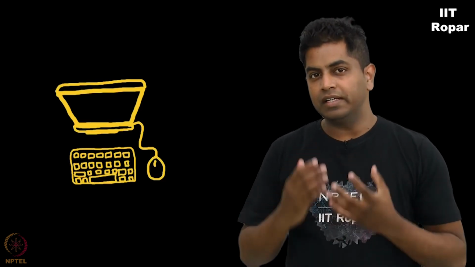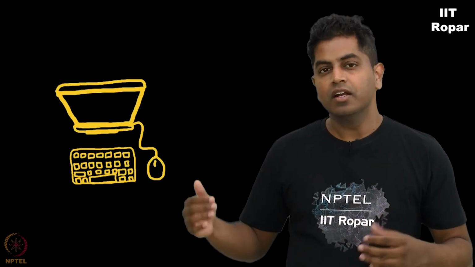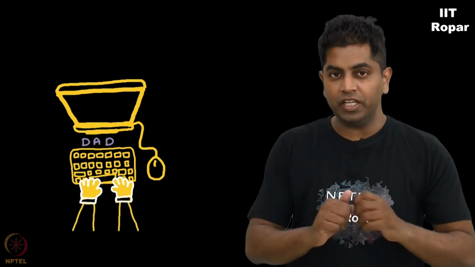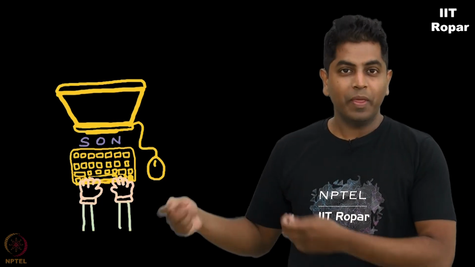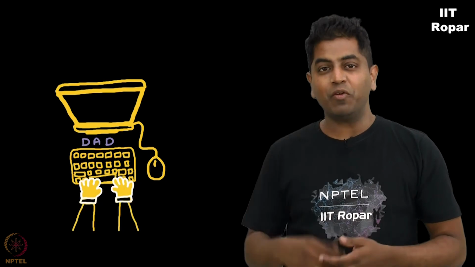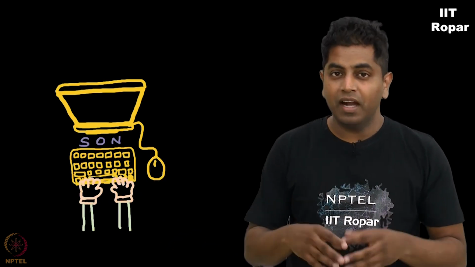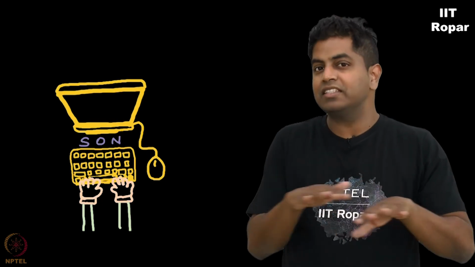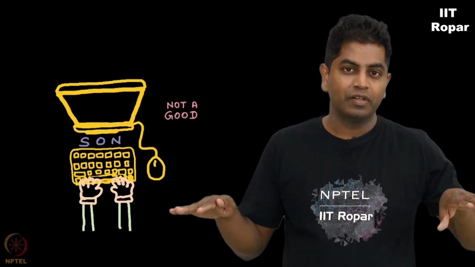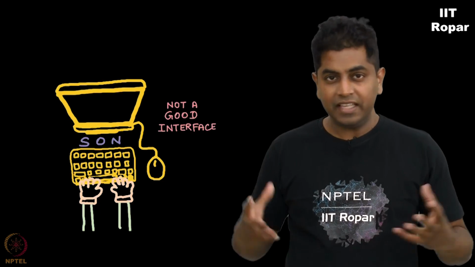Well, it's very easy to program this, but don't you think it's cumbersome for dad and son, these two players, to come inside the room, punch in their choice and then go out? A game requires both of them to come, punch in, go back, and then both of them to come together and then see the result. Looks like this is not a feasible way of creating a good interface. Is there a better way?